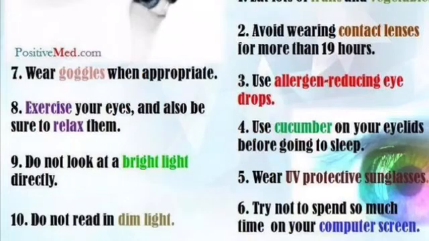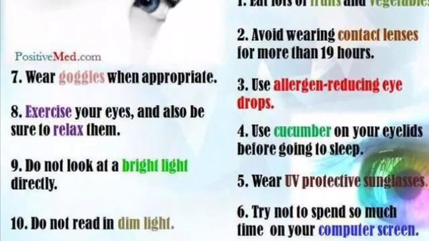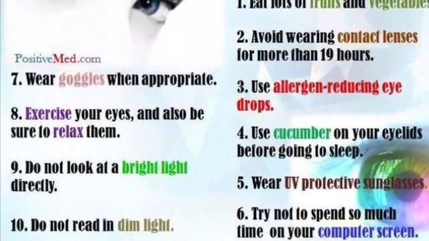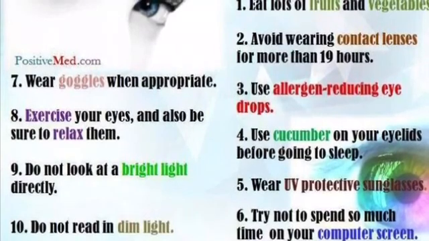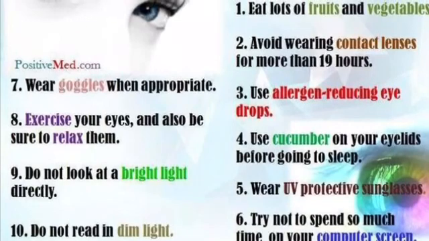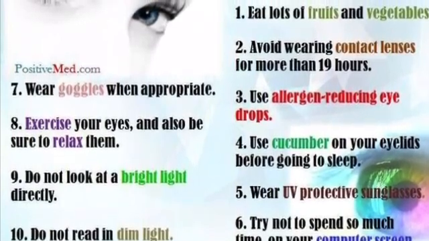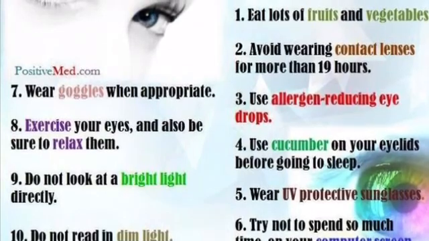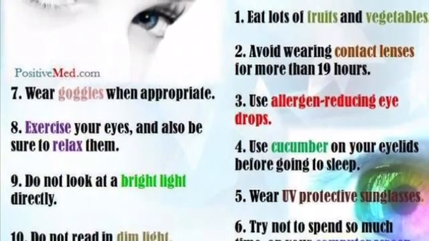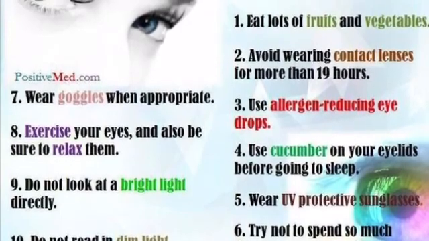Wash your eyes with clean water at least twice a day. Eat a balanced diet with a sufficient quantity of vitamin A to keep our eyes healthy. Raw carrot, broccoli, green vegetables, cod liver oil, egg, milk products, and fruits like papaya and mango are rich sources of vitamin A, which keep the eyesight normal and eyes healthy.